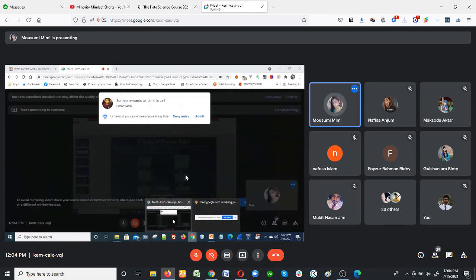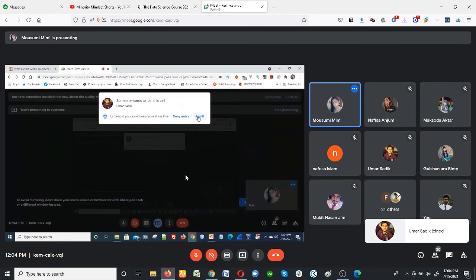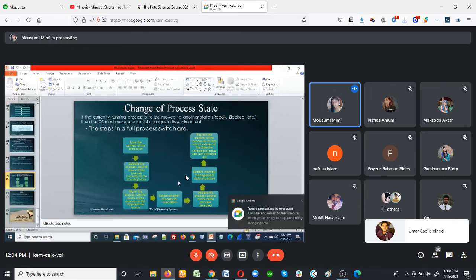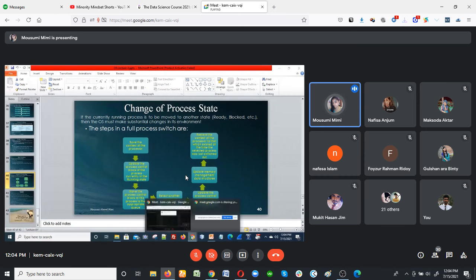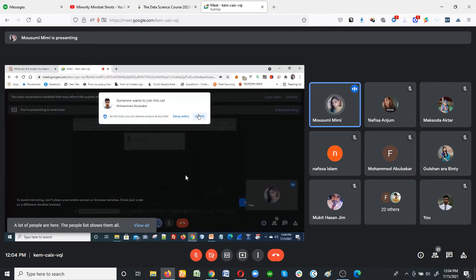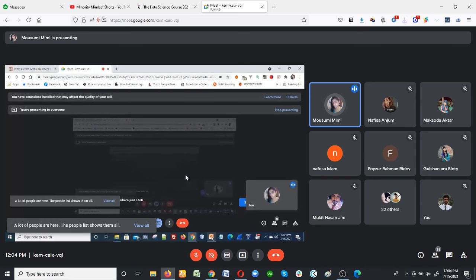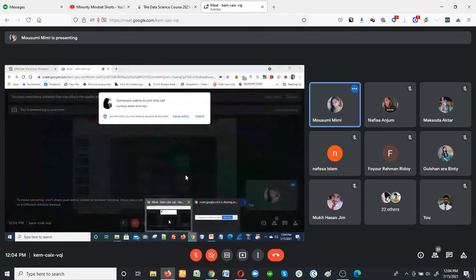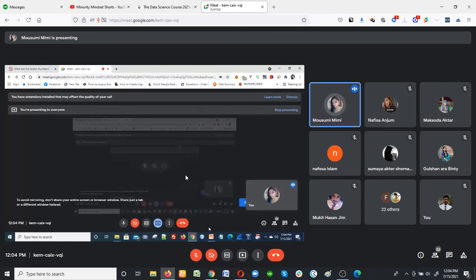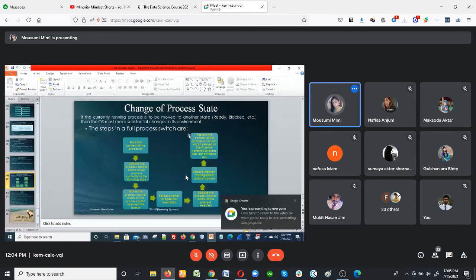So this is the flow chart of how a process actually changes from one state to another state. So guys, in the exam, if a question is asked to draw the flow chart for the state change of a process, you first have to write down what the states in the process are, and then write the flow chart according to your understanding. You can also write this flow chart, the same thing I am telling you. So guys, after this slide, if you have any question, you can ask.